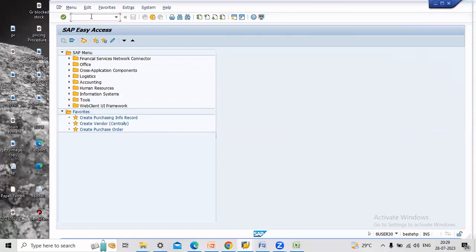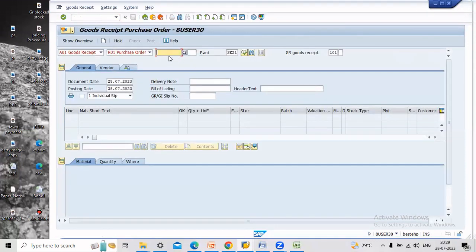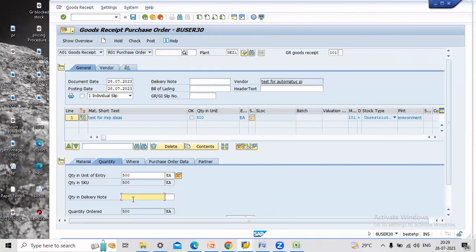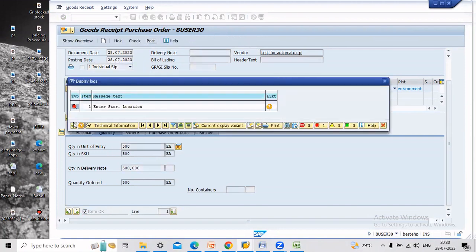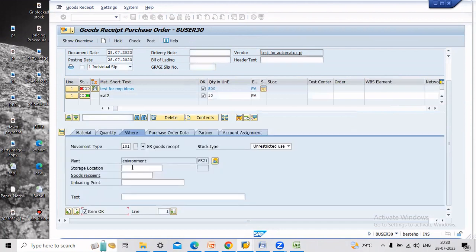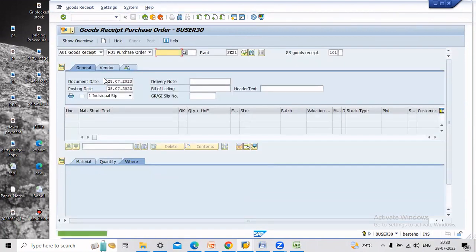Okay, we are done with goods issue. Then we have to receive goods to our storage location for 500. Okay, post, and the storage location as we missed. Now post the document. Okay,